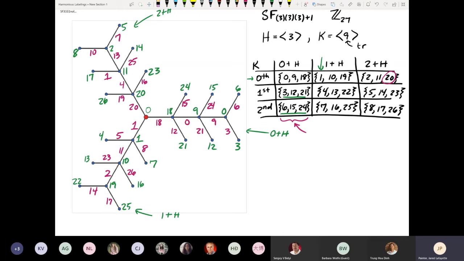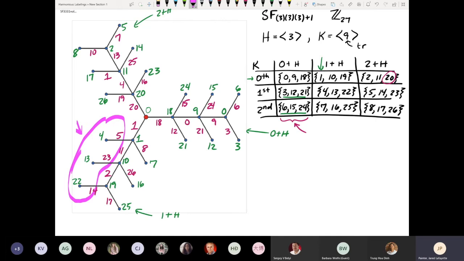We were like, okay, well, why is this not working? We couldn't figure out initially why this labeling wasn't working out the way we thought, because it seemed like it was working the same way it should work based on the 0th subcoset branch and the 0th coset branch and the first coset branch. But in general, it wasn't working out right. So if you notice what's happening, if I take maybe just a couple branches here and look. So let me highlight that better. So if you look at this